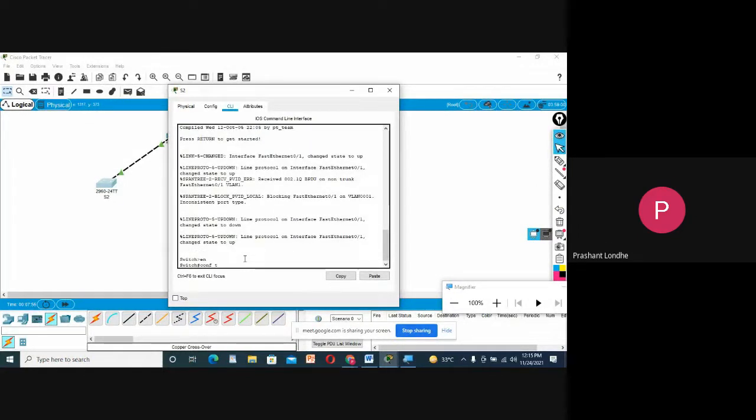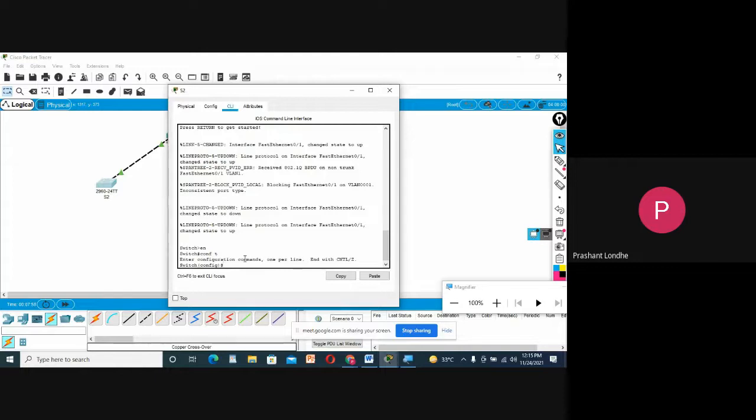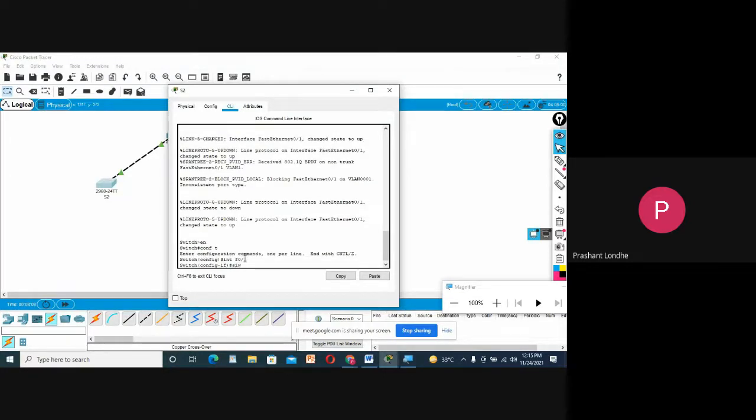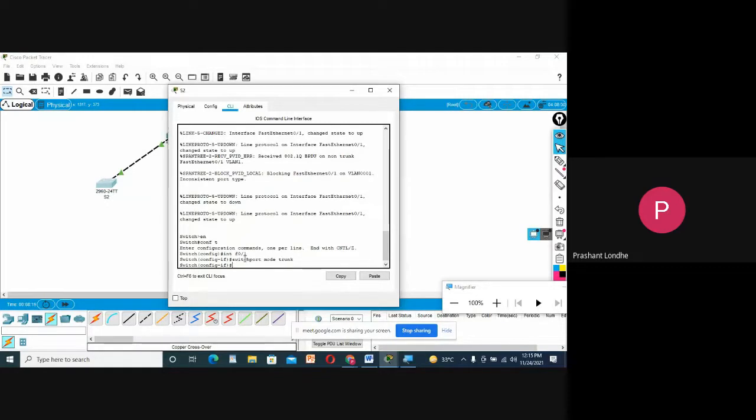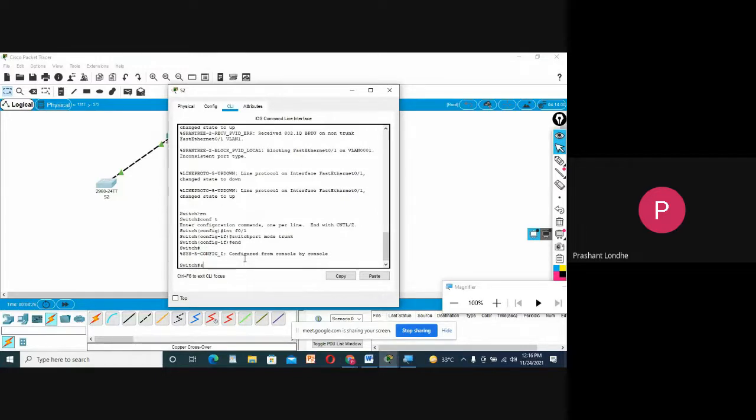Enable, configuration terminal. Now here, interface F0/1, switchport mode trunk, and now enter and show VTP status.